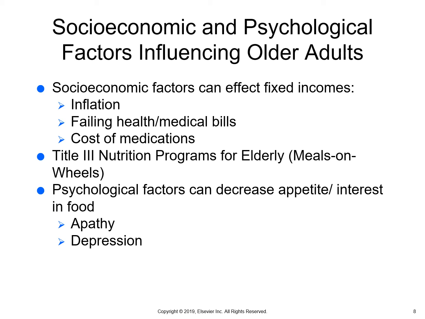The psychological factors that can affect patients are apathy and depression. These things can decrease their appetite and their interest in food. Unfortunately, sometimes, especially if they've experienced the loss of their spouse, or if they have some sort of disease or condition that is maybe causing them to lose control of their bladder or things like that, that can just affect your whole outlook on life, and can decrease their desire to live. They become apathetic, they become depressed, and they just kind of stop eating or don't even really take an interest in nutrition anymore.